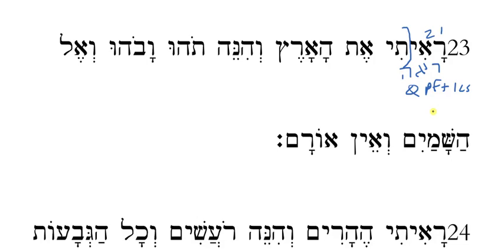Now, what did I see? Ra'ithi et. Here's my direct object marker. And then, remember, we don't translate it. We go to the direct object, which is haaretz. So I saw the land. V'henei, and see, behold. This is a presentative particle. It introduces something that is to be paid special attention to, and that's what comes next. This is the expression tohu vabohu, and you are told by Ross that this is basically to be glossed as waste and void.